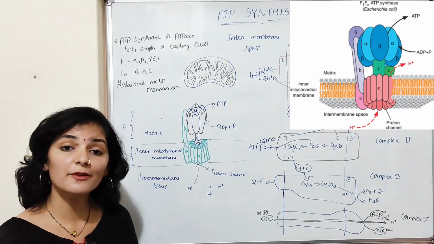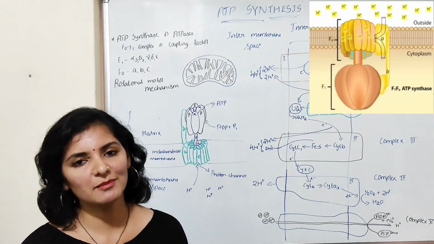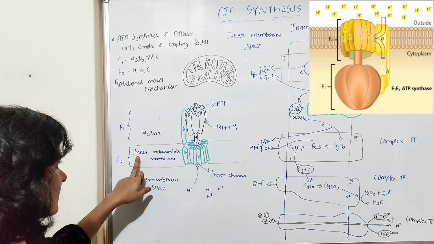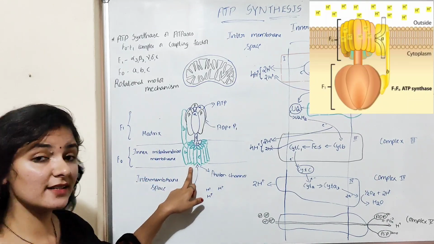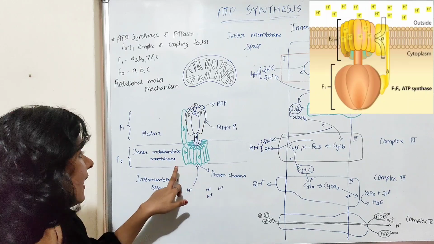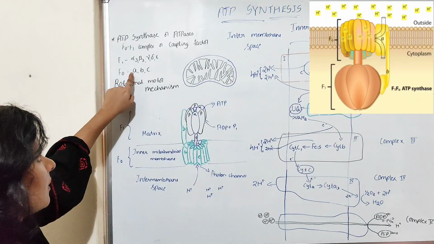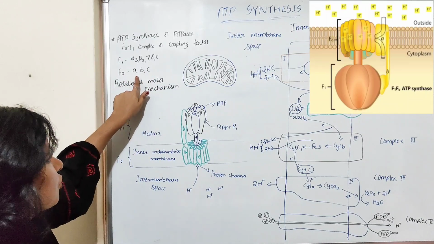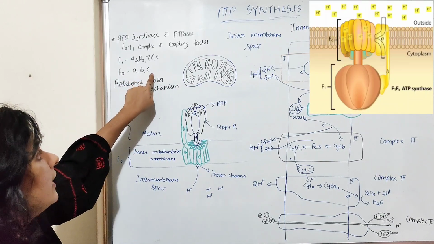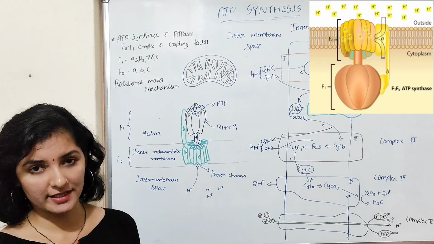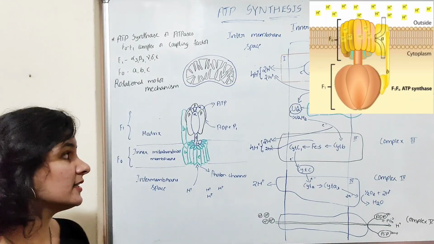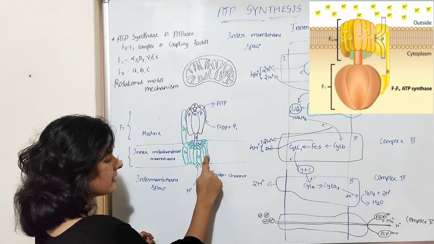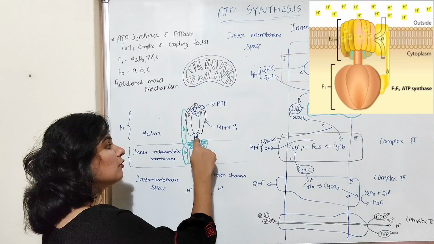Now we'll discuss the F0 complex. The F0 complex is an integral membrane protein. As you can see in this diagram, this is the F0 complex which is present in the inner mitochondrial membrane. That's why it is an integral membrane protein. This F0 complex is mainly made up of 3 subunits, that is A, B and C, in the ratio of 1 A, 1 B and 9 to 12 C subunits. These 9 to 12 C subunits are arranged in the form of a ring. As you can see in this diagram, these are the C subunits which are arranged in the form of a ring